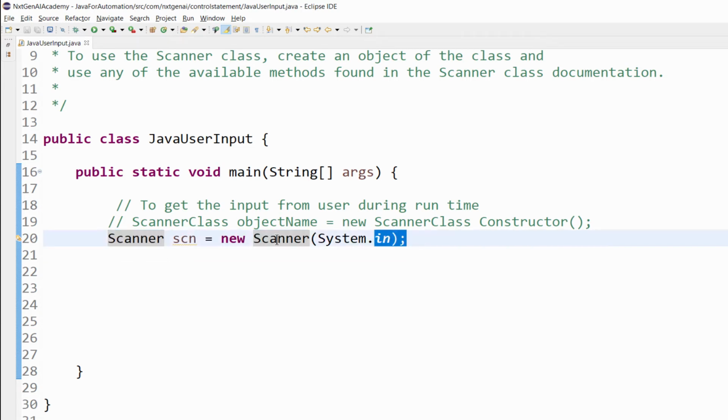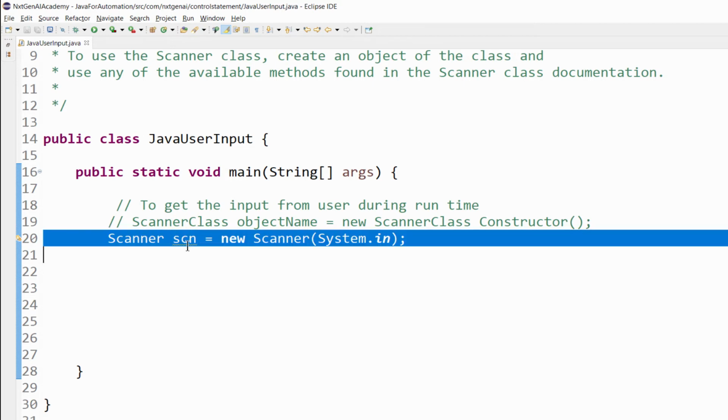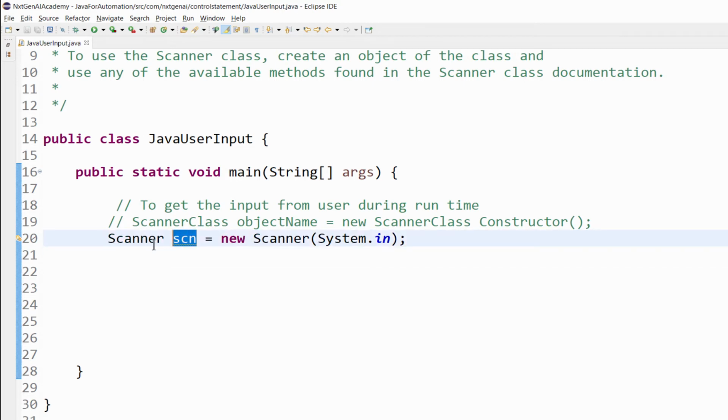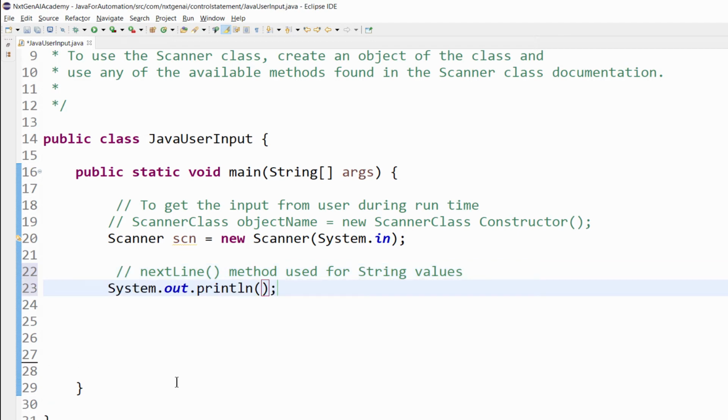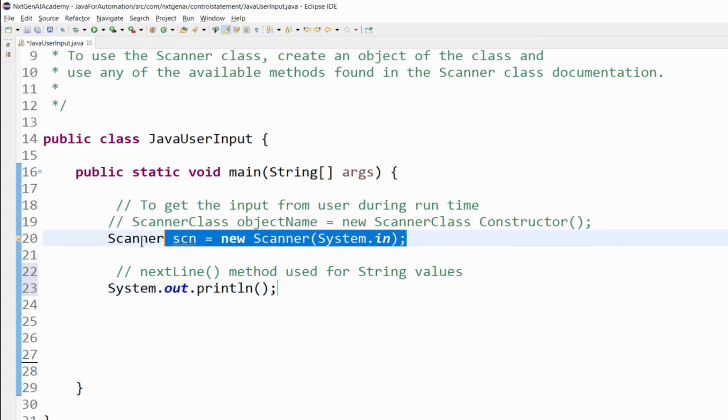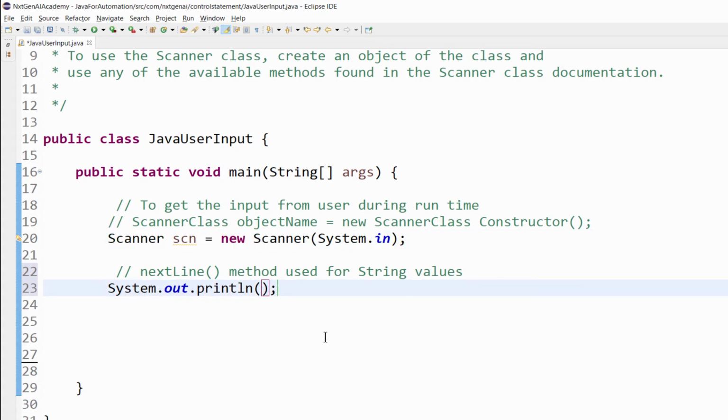So we created the object instance, and using this particular variable, we can access all the methods available inside the scanner class. First, let's try to get the string value from the user. How to get it? It is always a good practice, or mandatory practice, whenever you use a scanner class, to print a user message.